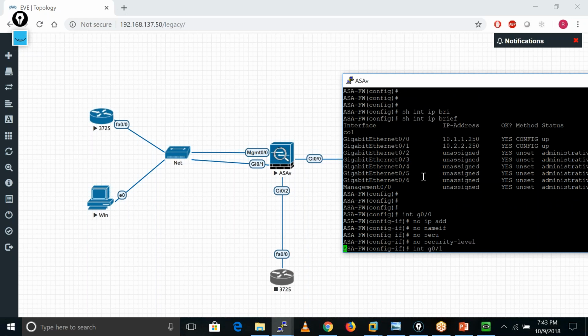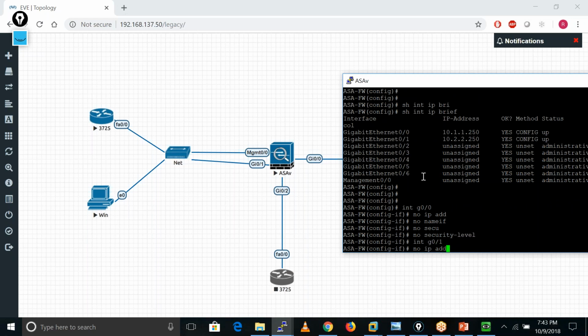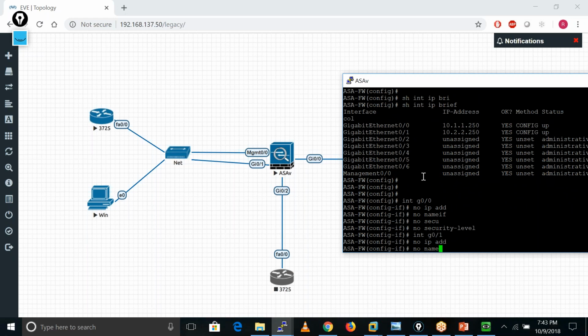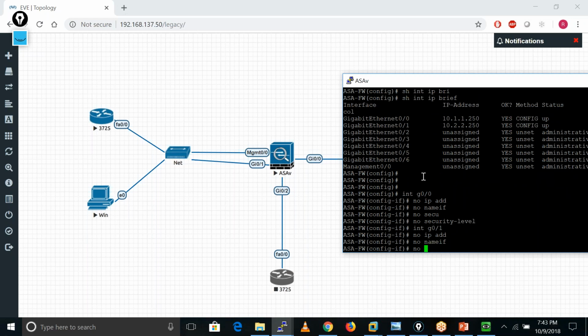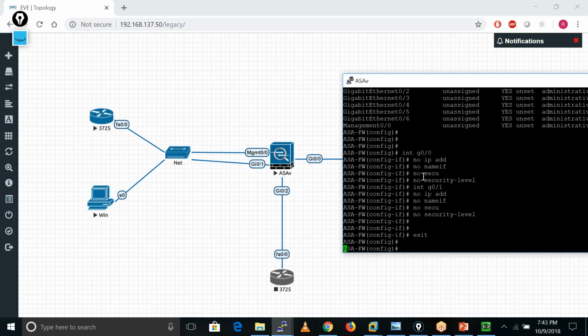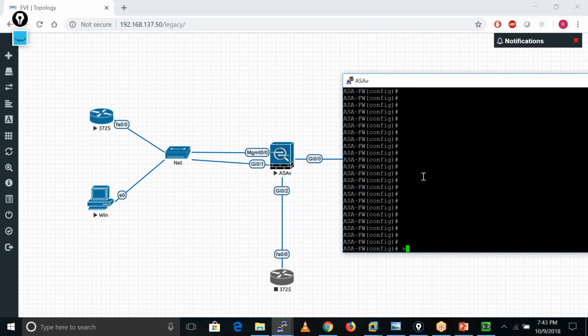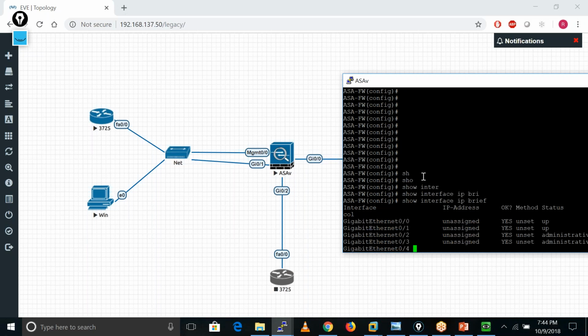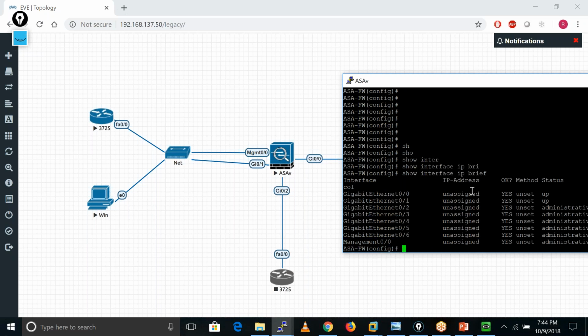Same with Giga 0/1: no IP address, no nameif, no security level. Now I'll configure the IP address. I have removed them. The command we use to show the IP configuration in ASA firewall is show interface ip brief. Right now I don't have any IP address.